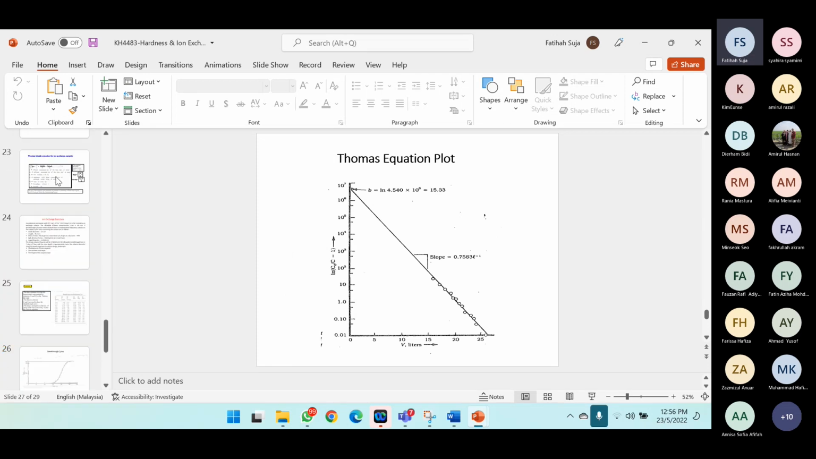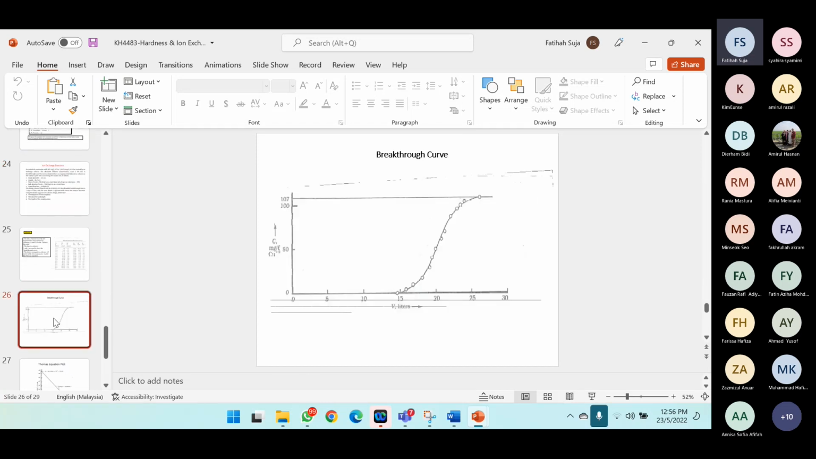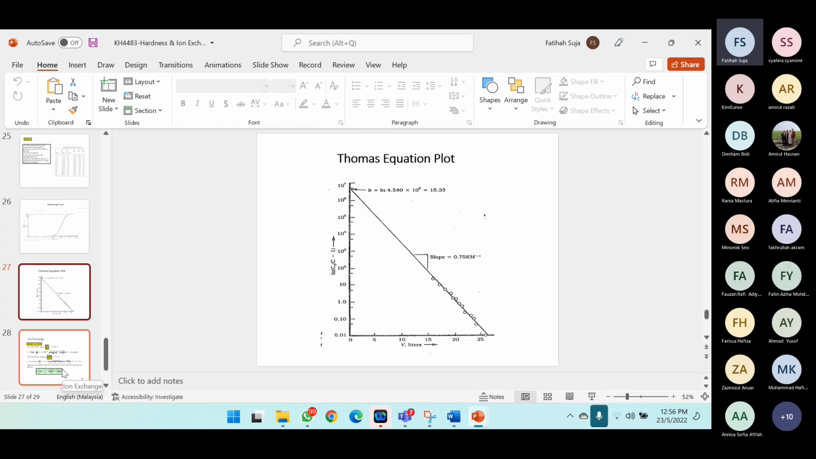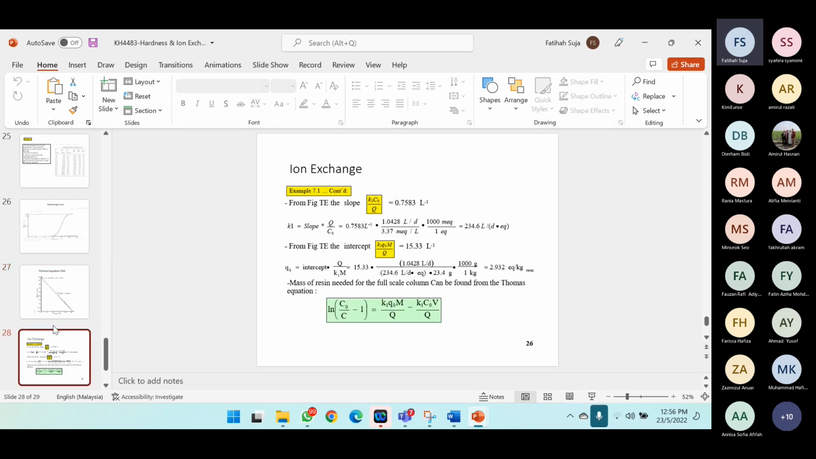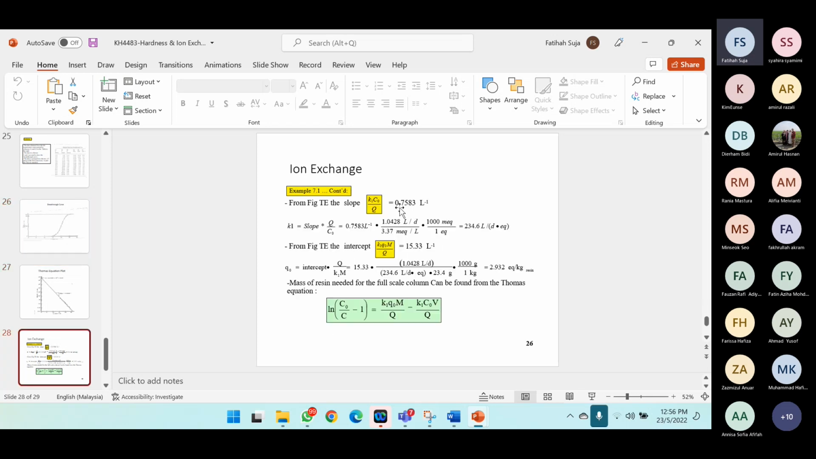So you just refer to this equation here. It is a linear equation, and you will be able to draw or plot the Thomas equation. What you will get from this figure of the Thomas equation is the slope and the value. Then finally you will get this value